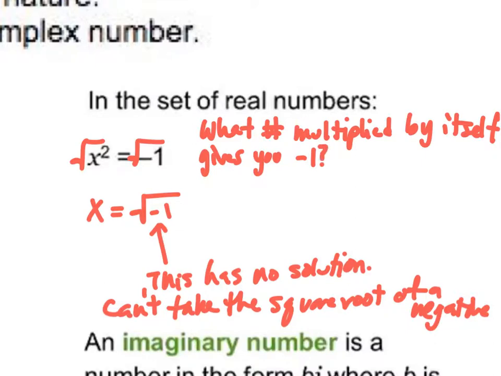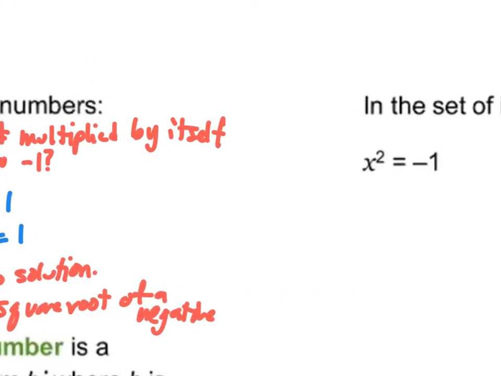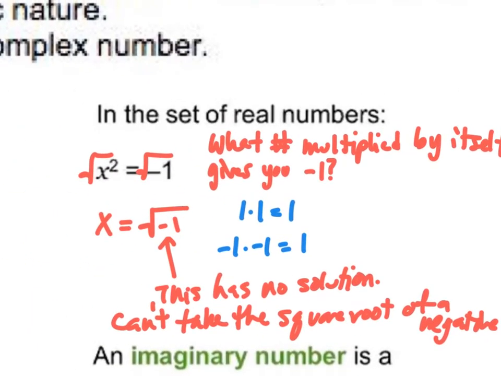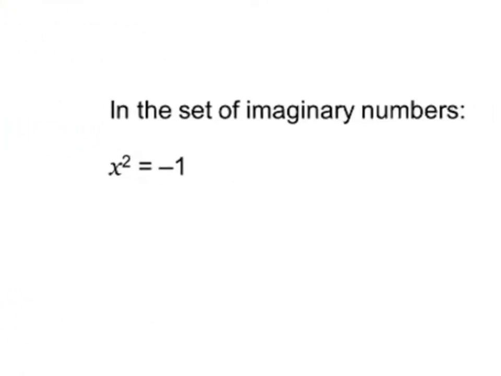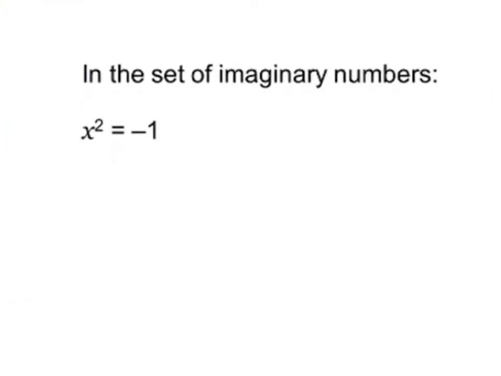If you take 1 times 1, that gives you 1. If you take negative 1 times negative 1, that gives you 1. So anytime that you square a number, you get a positive number. So when you have this equation where you have x squared equal to a negative number, you can't evaluate it, in the set of real numbers. There are no real numbers that will answer this question, so we have to come up with a new